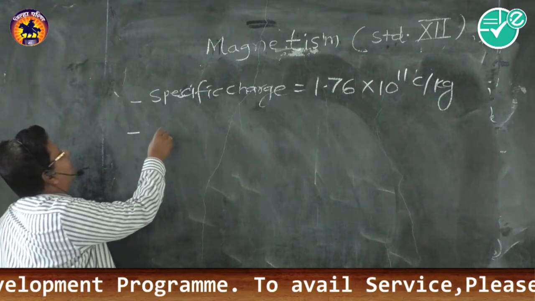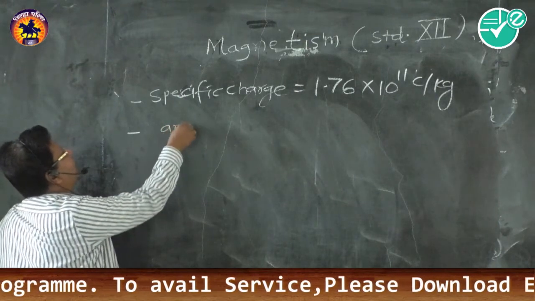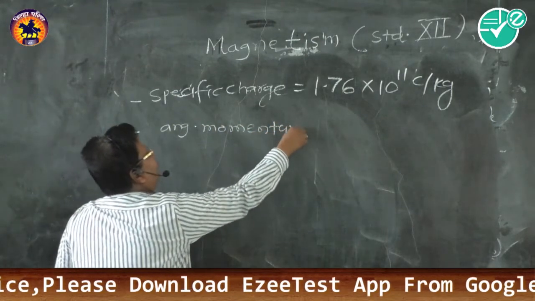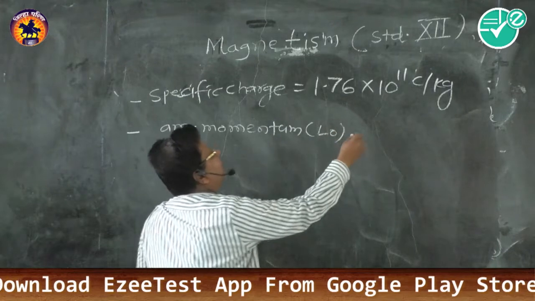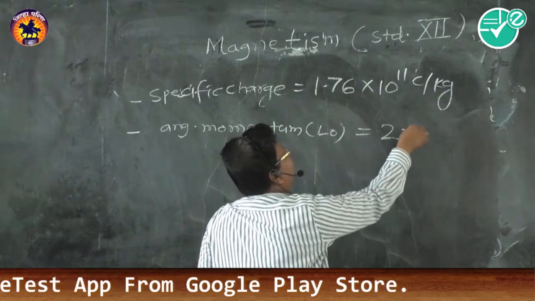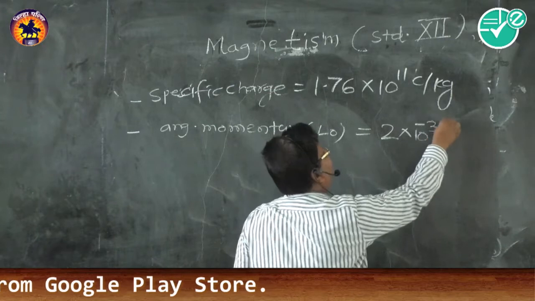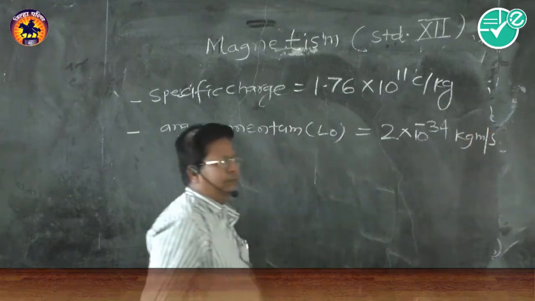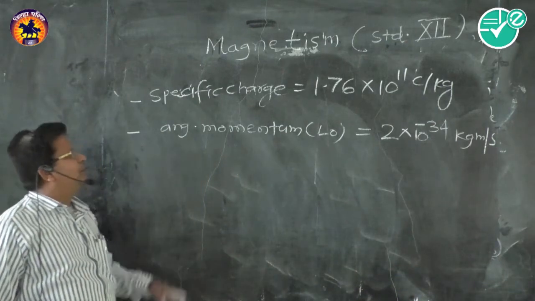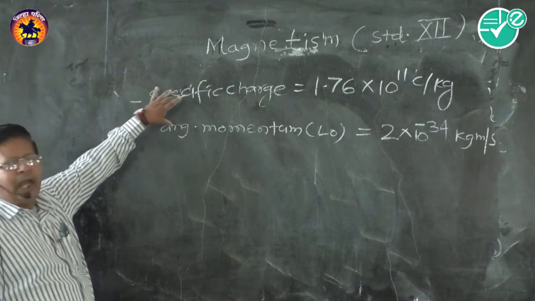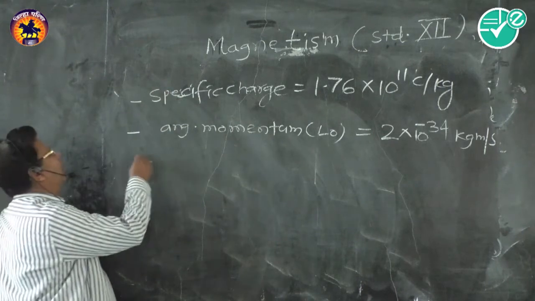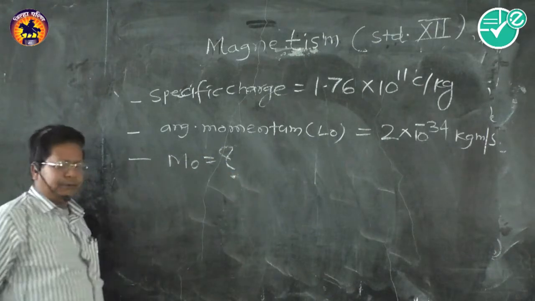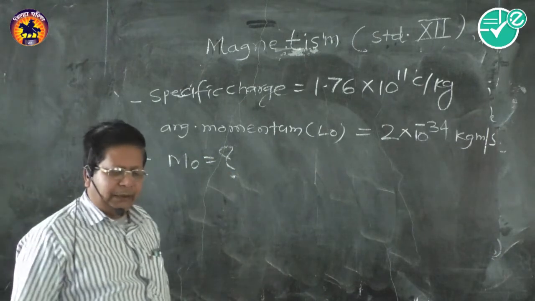You are given the value of angular momentum, which is L_O, and its value is given as 2 into 10 to the power minus 34 kilogram meter squared per second. And from this data, we have to find the value of the orbital magnetic dipole moment. Then in this example,